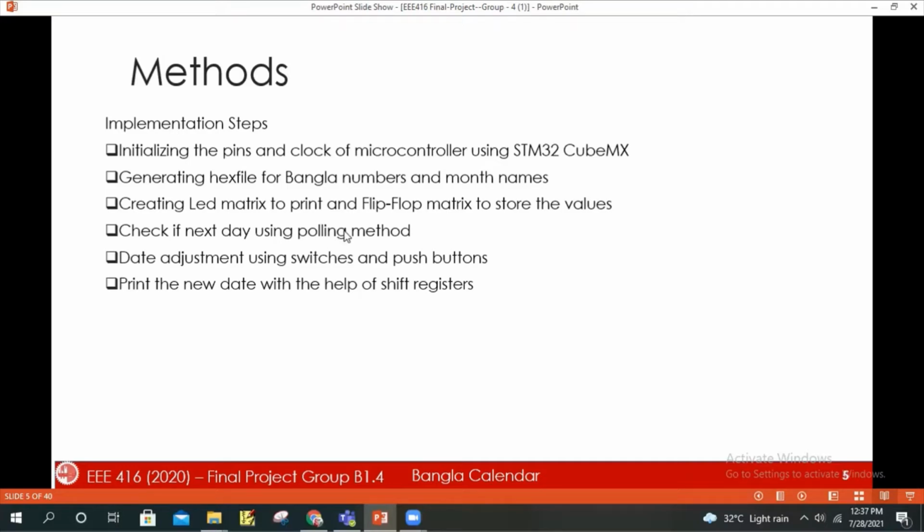Using the polling method, we have checked if the next day has come or not. We can also adjust the dates using switches and push buttons. Finally, with the help of shift registers, we have printed a new date. Next, my group partner Porproda will continue this presentation.